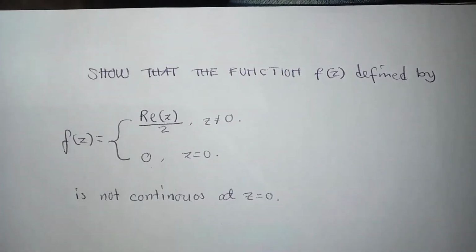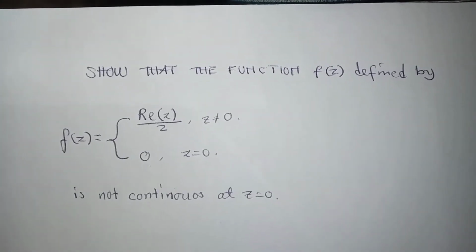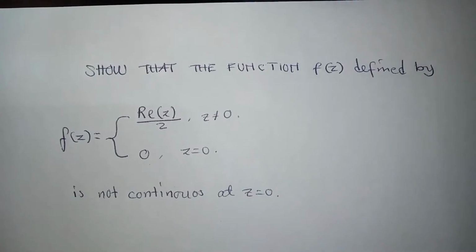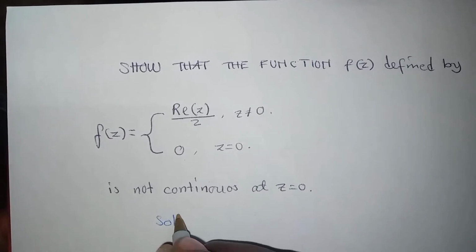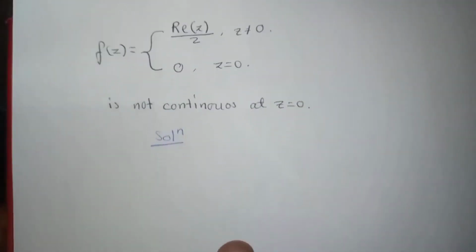Show that the function f(z) is not continuous at z equal to 0. So here's the solution. One thing you need to understand is that